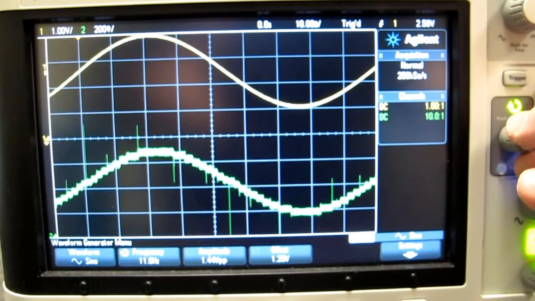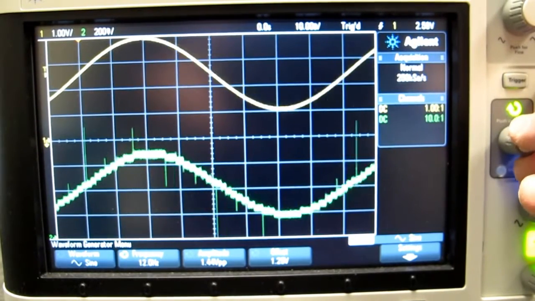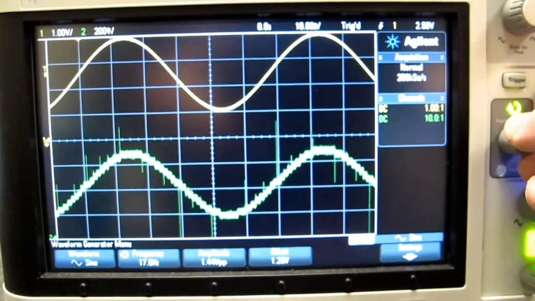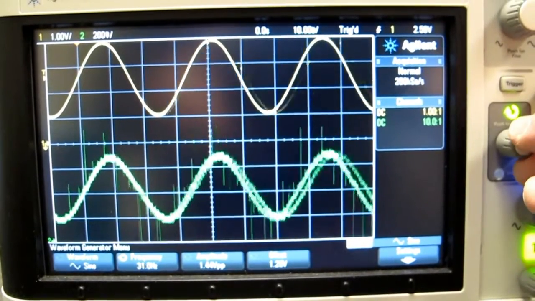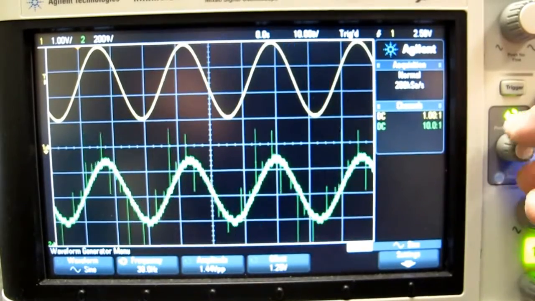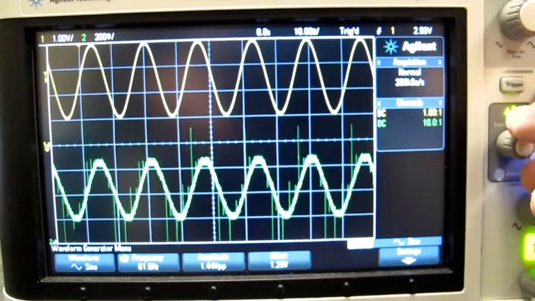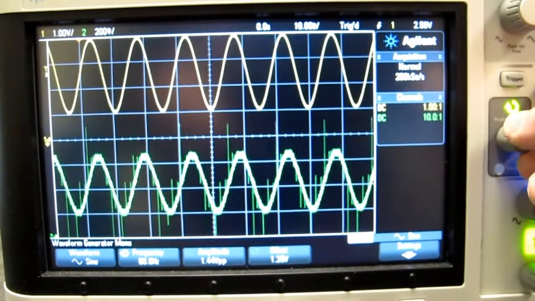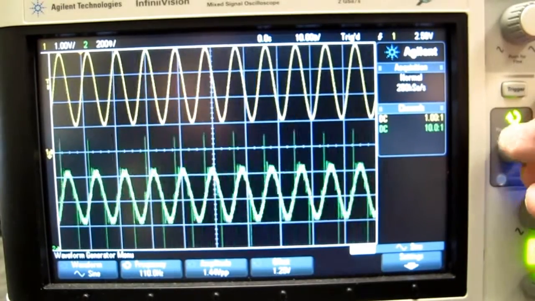You also notice a few spikes or glitches on the output. That's probably caused by timing of the output bits not being perfectly changing at the same time. Anyway, here we are going up in frequency, and everything's fine. There's a simple little one-pole infinite impulse response digital filter implemented in the code, and if I continue going up,